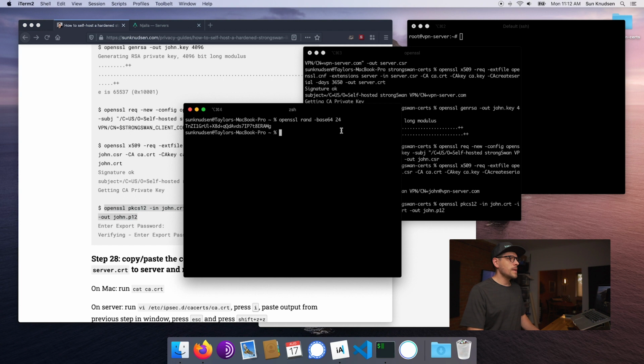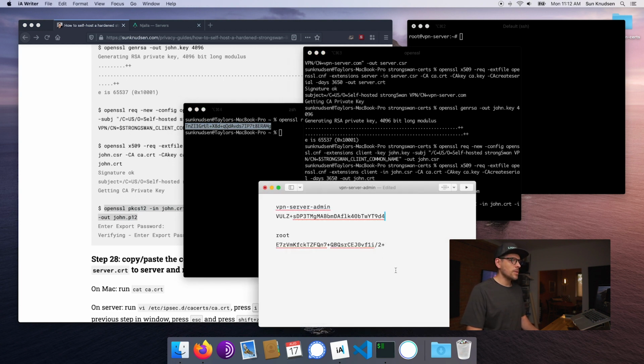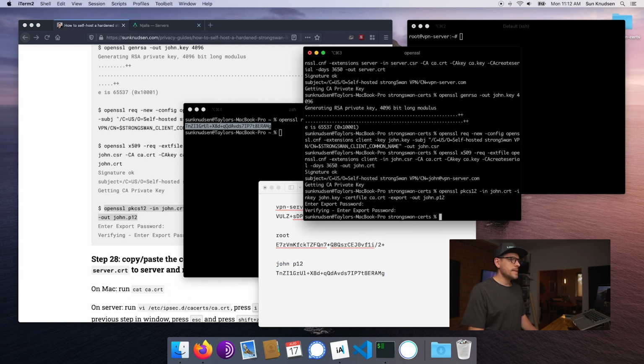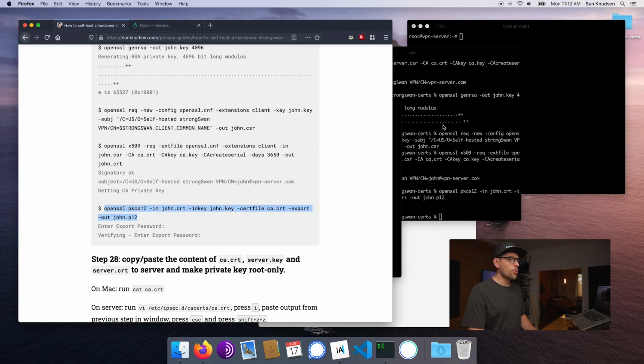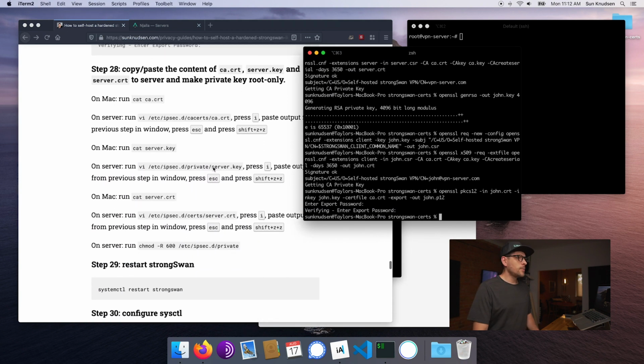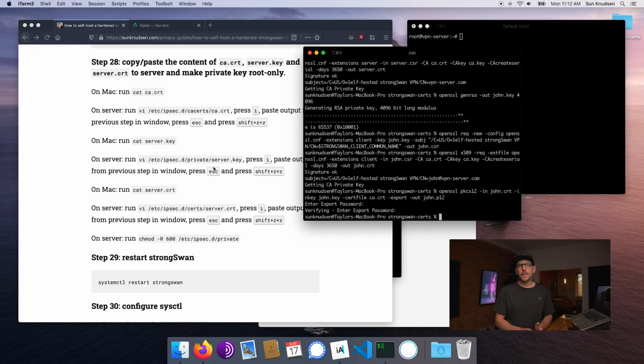And we just use, again, OpenSSL or your password manager to generate that. So let's just put this here, John P12. Boom, paste that again, and we're good. Now that this is done, we need to copy over the certificates that we just created using our certificate authority